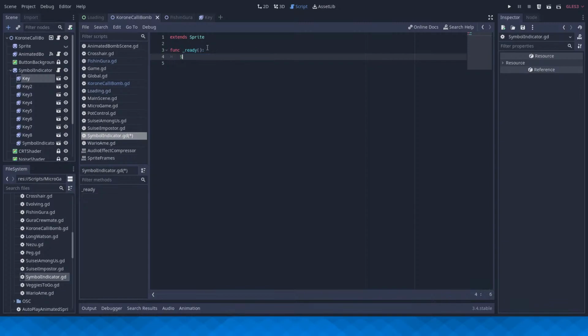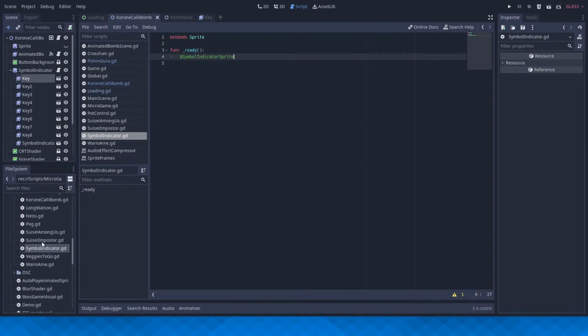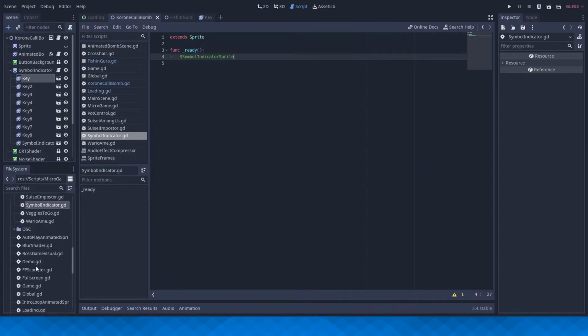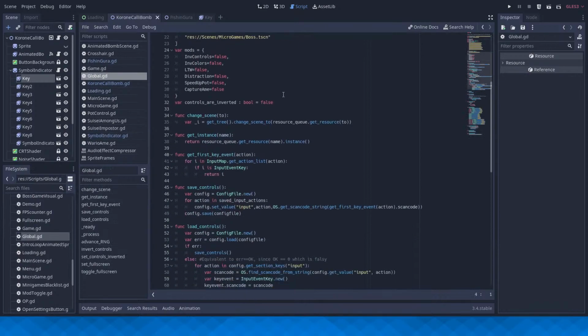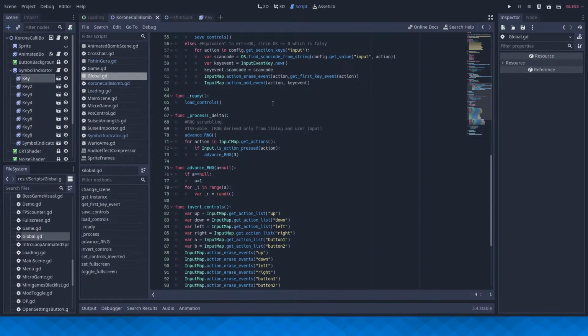So, symbol indicator. The child symbol indicator sprite should have a random... yeah. Let me grab my RNG thing first. Should be in global, right? Global.gd, there you go. Right.